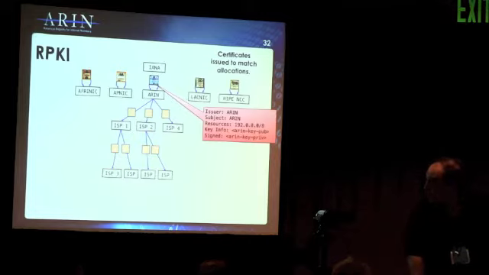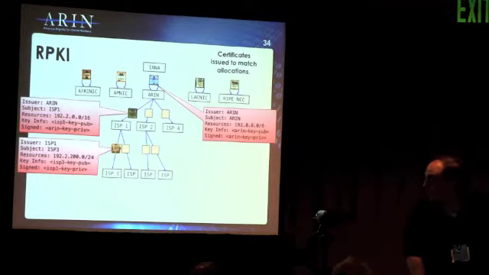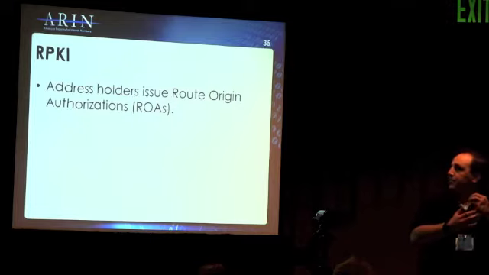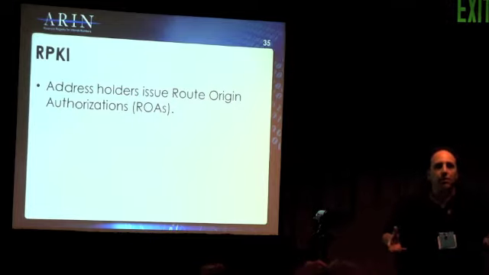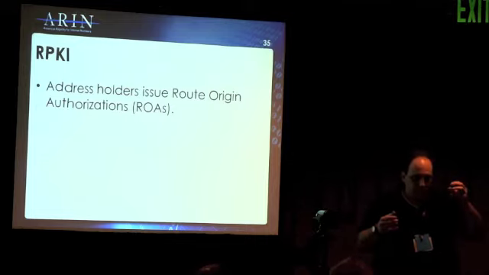One of our members, say ISP1, requests that we certify their resources. We sign their certificate. The certificate has their resources in there. And one of their customers, ISP3, requests that they sign it. So we have this hierarchy of resources, but it doesn't bias anything when it comes to